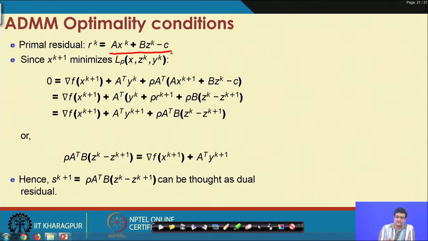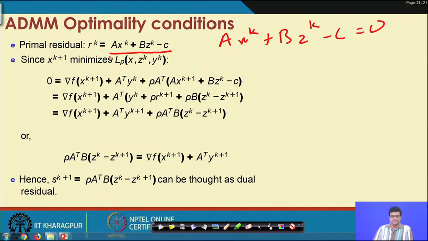And that is simply this value. We know that at optimality A x_k plus B z_k minus c should be 0, and if we take r_k to be the norm of this quantity, then it should be 0. So, if a vector is 0, its norm should also be 0.